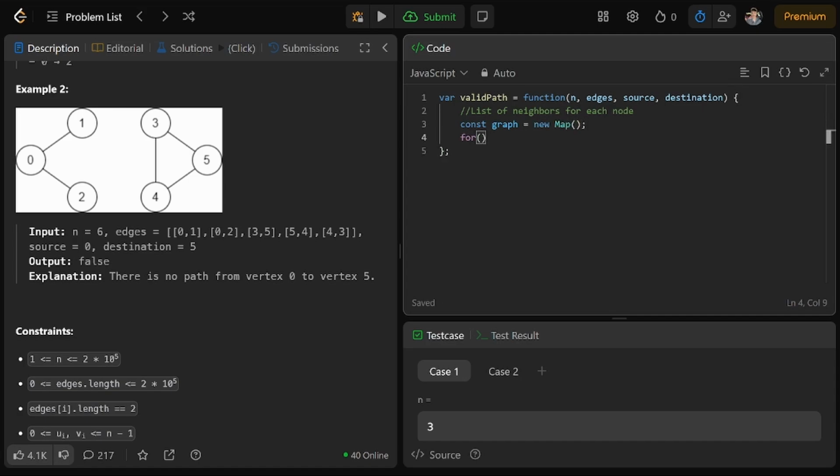And how do we unpack two values inside of a nested array? We can say for let [a, b] of edges,